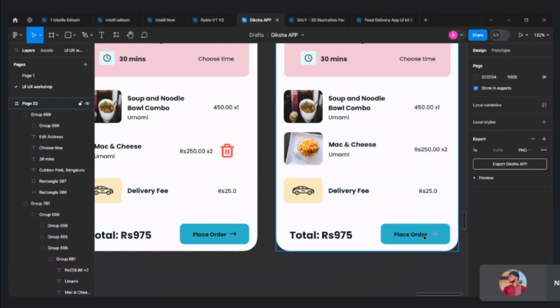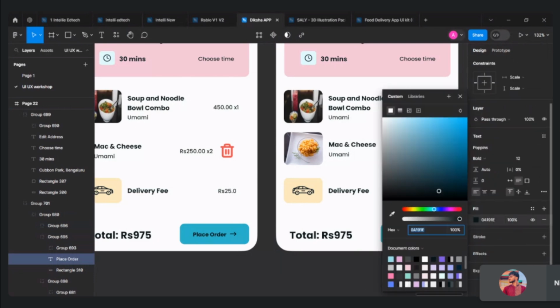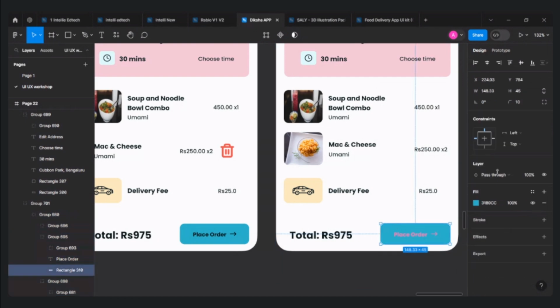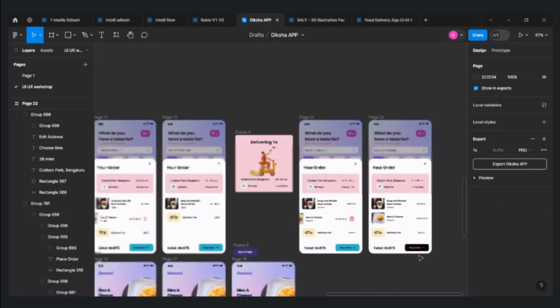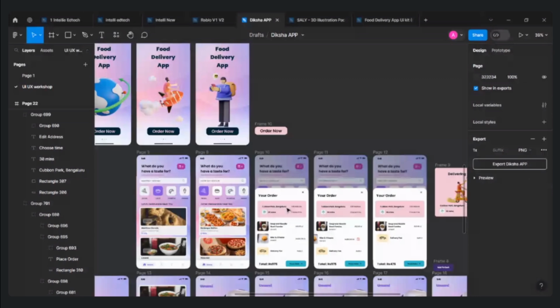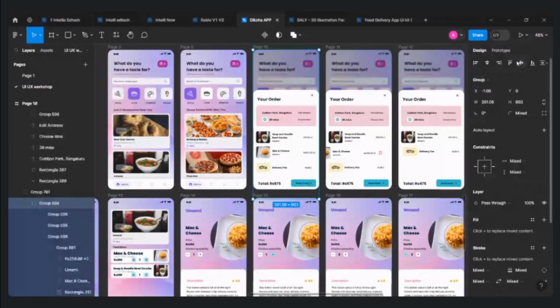No, wait. Change this color to black. Okay. So to make this button look enabled, we have to remove this on click prototype trigger which we just gave,